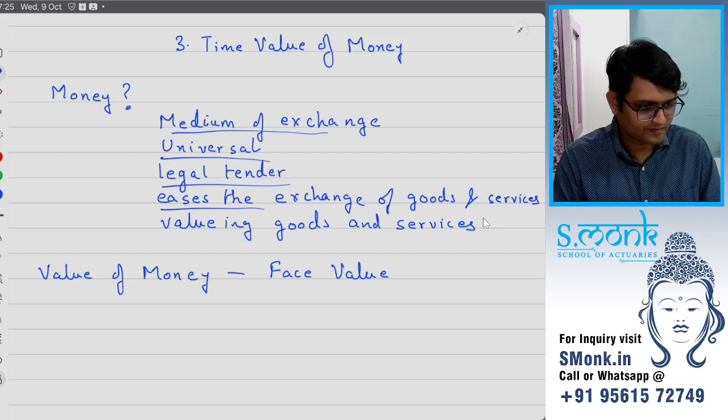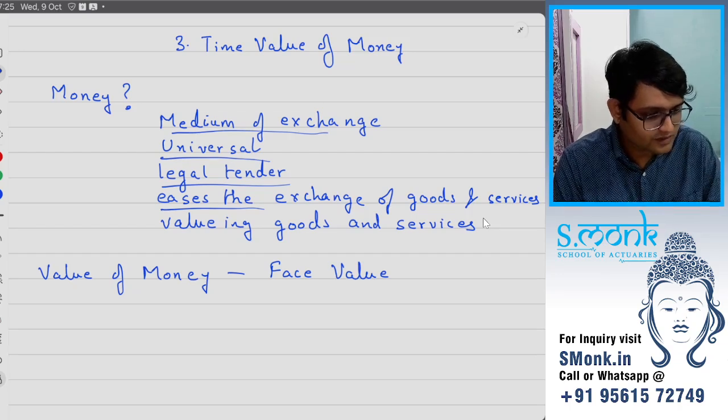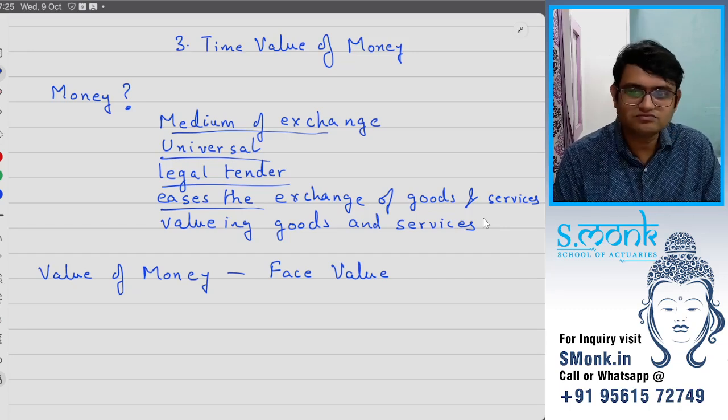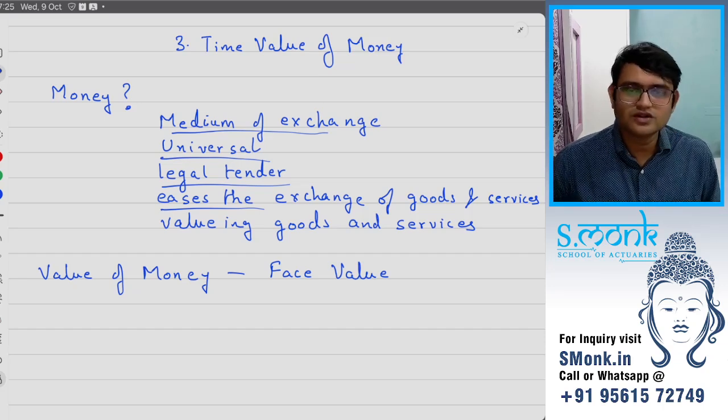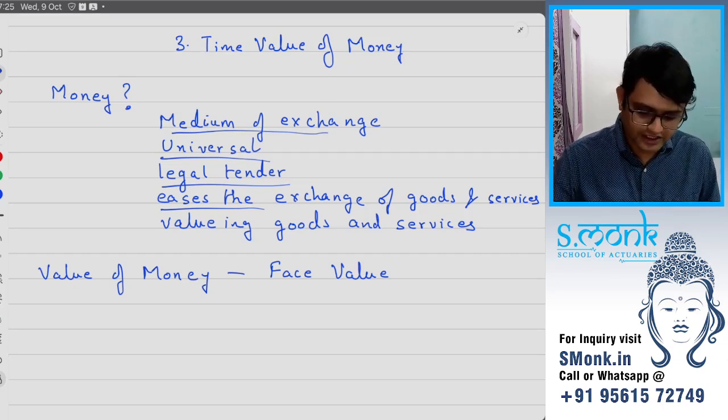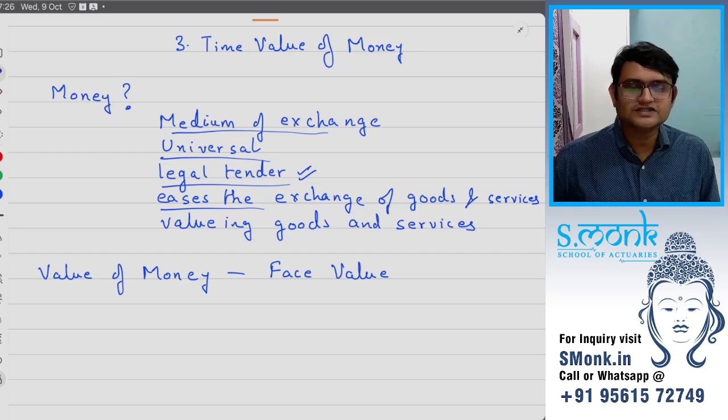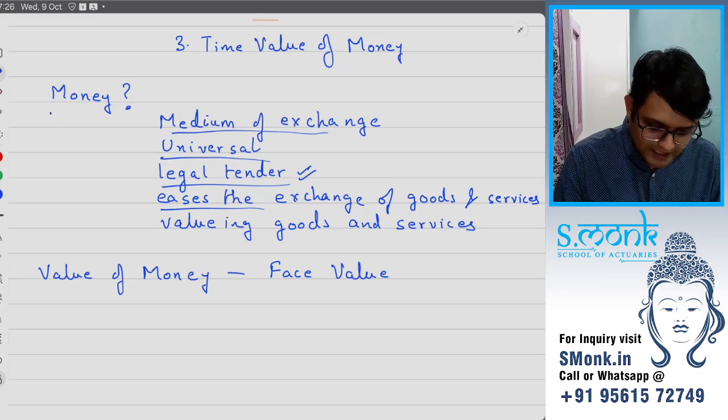A promise. Could you repeat? Money. We can say that it's a promise. It's a promise, okay, but if I promise that I will come home on Diwali, is that money? So it's a promise. That is that legal tender that we are saying. It is a legal tender because the RBI governor has signed it. Okay. But then what is money actually?